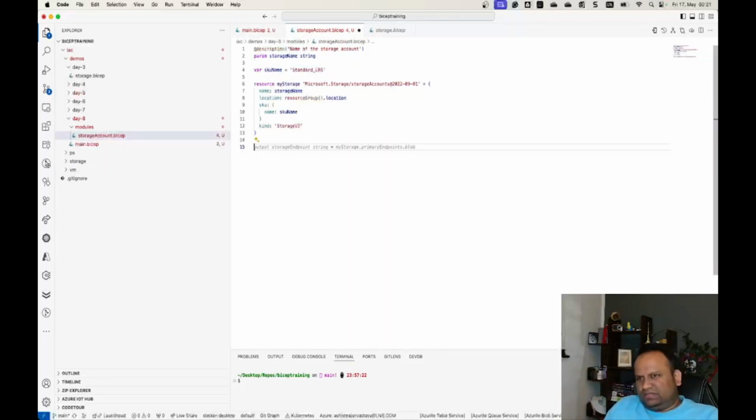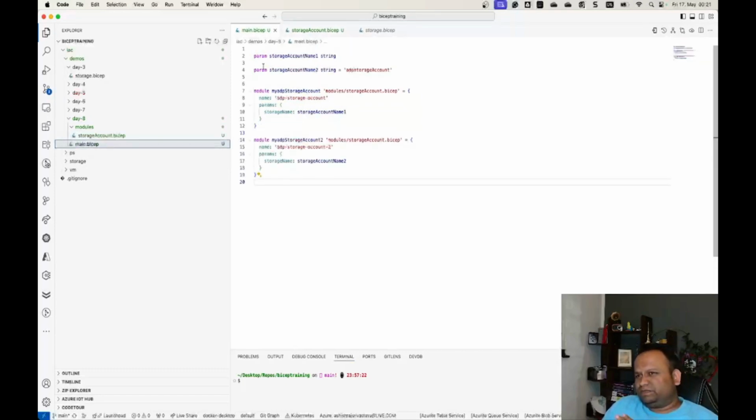So yeah, these things are okay. So this is how you define your module, and this is how you can create as many storage accounts as you may want. Now here we will again use a